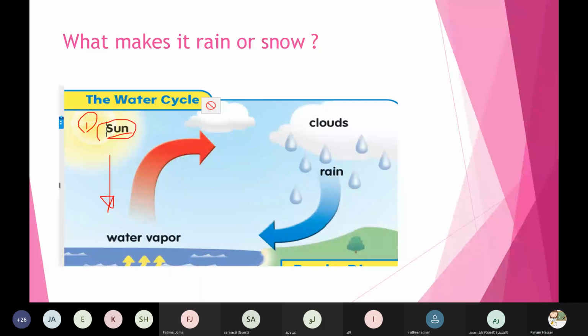Yes, Fatima Jum'a. So, Fatima, when the sun warms the earth water, some of this earth water will go into the air and it's called water